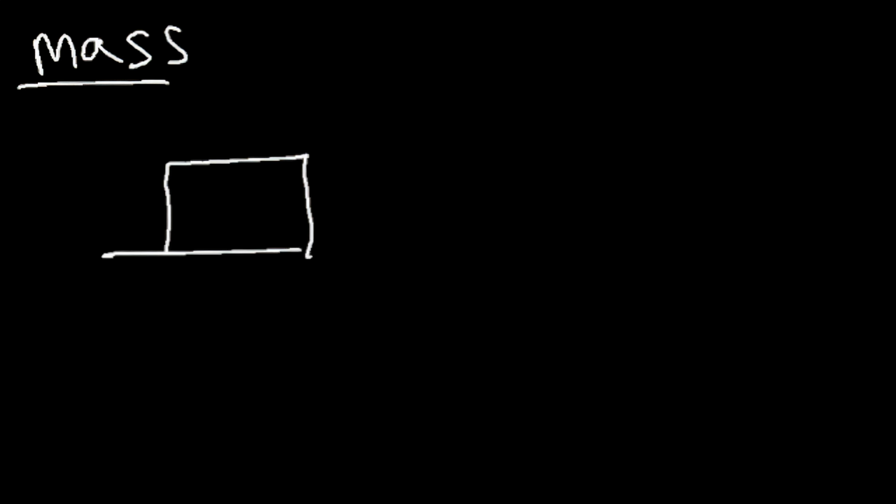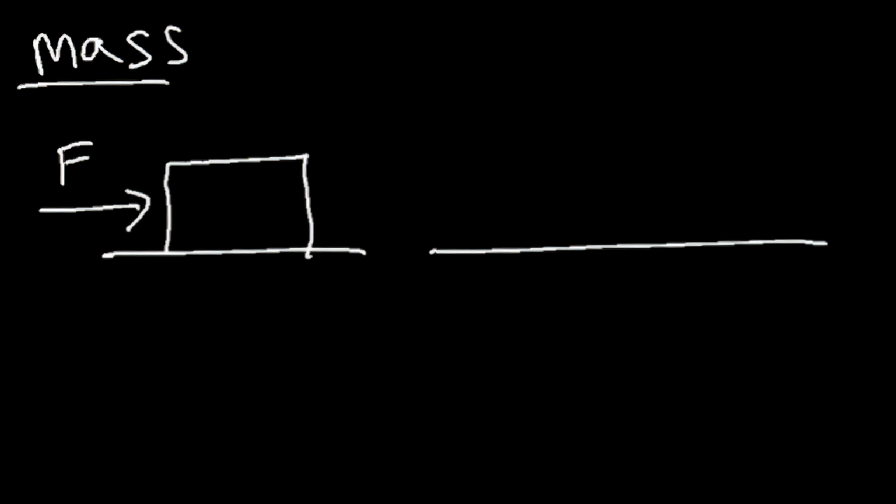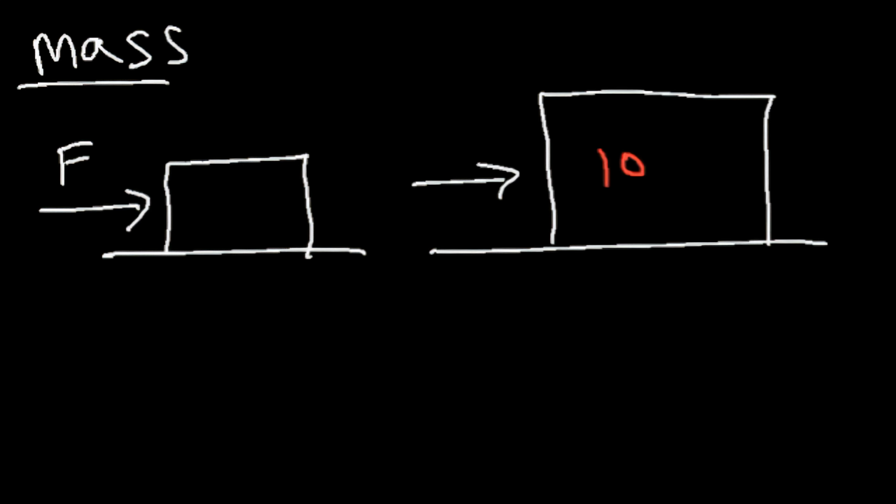It's easy to move a small box if you apply a force to it, but it's much more difficult to move a larger box. Let's say a 100 kilogram box versus a 10 kilogram box. It's significantly easier to move the 10 kilogram box, but it's harder to move the 100 kilogram box because it's heavier, it's more massive, and therefore it has more inertia because it has a greater resistance to any change in